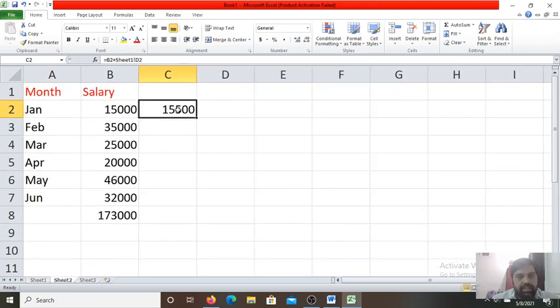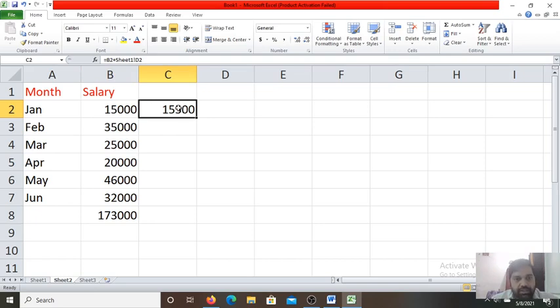So see the formula I have written: B2 plus sheet1 D2, to add the incentive amount from the cell D2 of sheet 1 to the cell B2 of this sheet. Press the enter key. Here it is 15,000. So the value of B2, we add the value present in sheet 1 D2, that is 500. Both sum you got here, you can see it very easily.